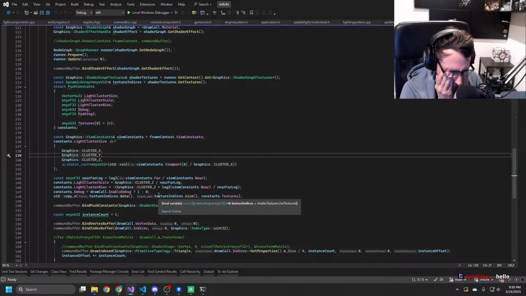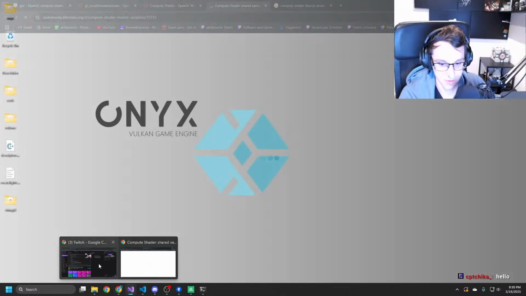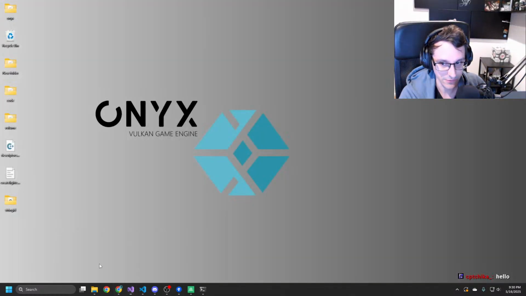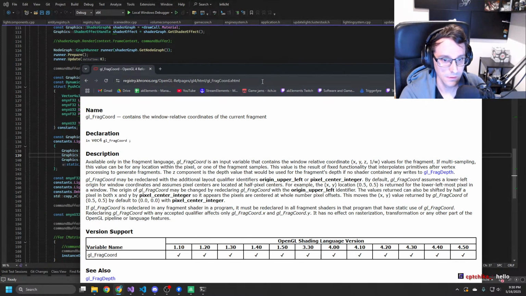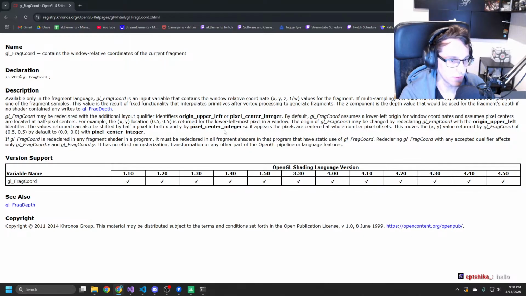So I need a way to convert that. Because I guess geofrag coord is in like the device coordinates, NDC. Is that it? I mean, I'm not so familiar with everything in shaders, right? So yeah, okay, it's the window relative coordinate.